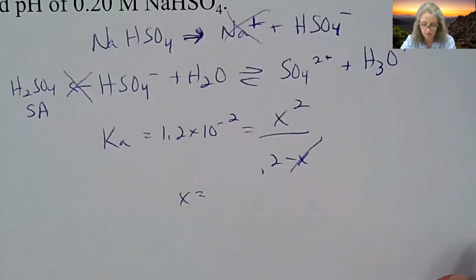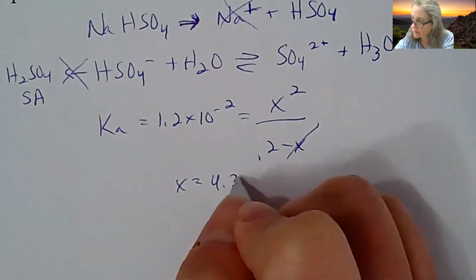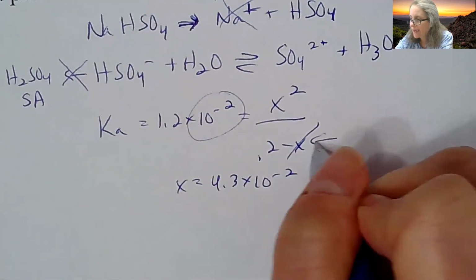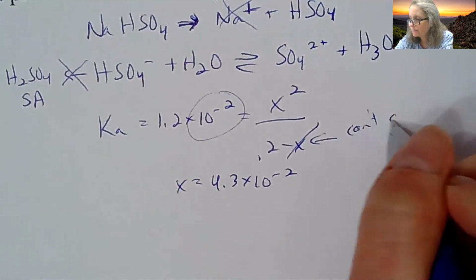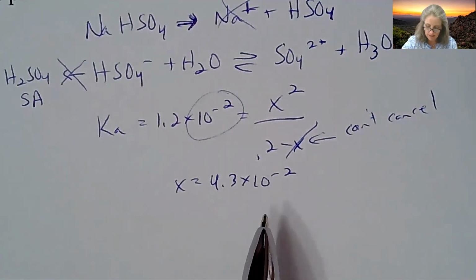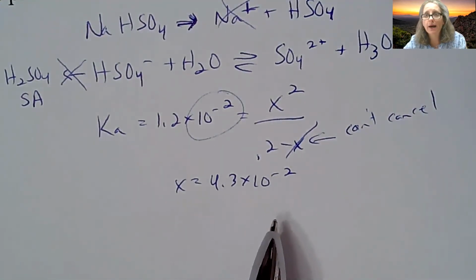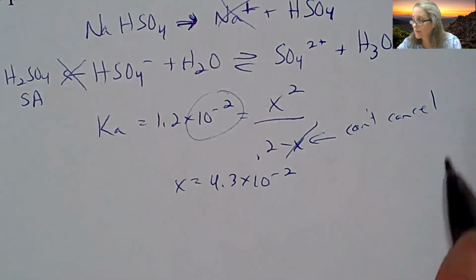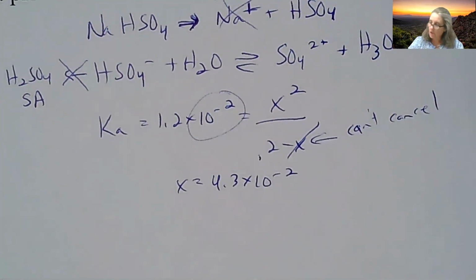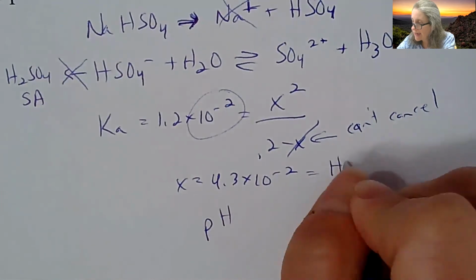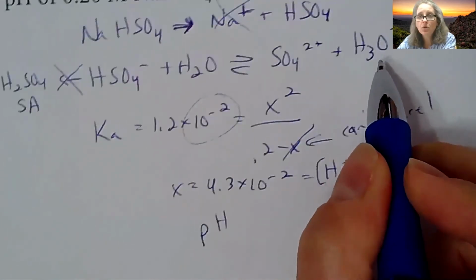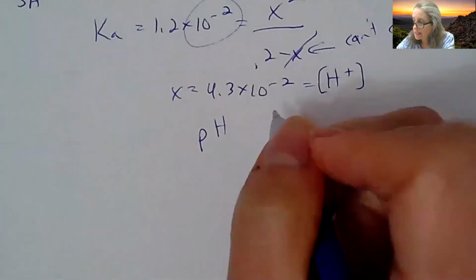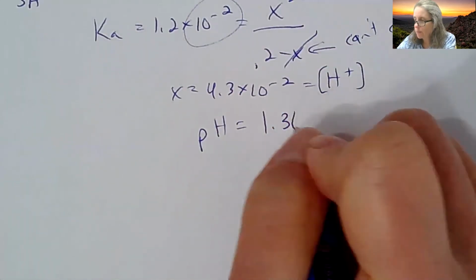The x that you solve for here comes out to be about 4.3 times 10 to the negative second. Now, because this number is so small, I can't cancel this out. So you will see that my number is attained essentially by the quadratic. So 4.3 times 10 to the negative 2 is because I can't cancel that x out. Can't do it. So my pH, because this is my hydrogen ion concentration, and it's my hydronium ion concentration, I could take the negative log of that, and my pH is going to be 1.36, which